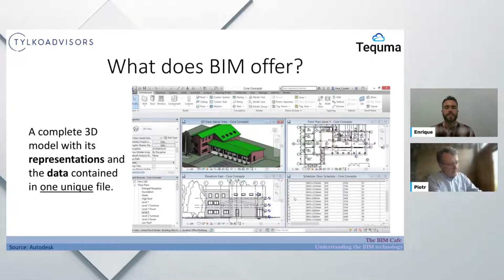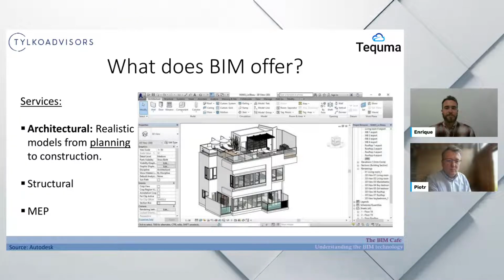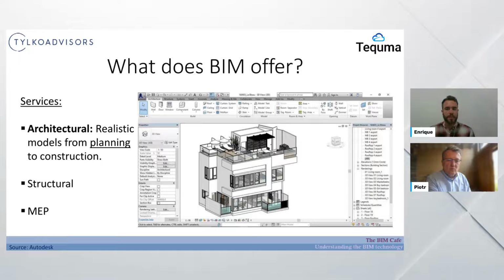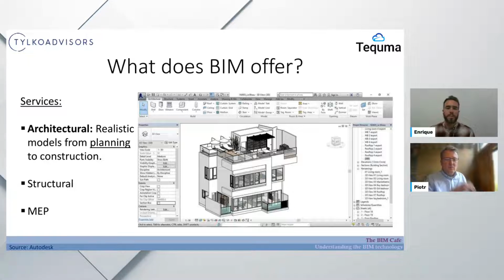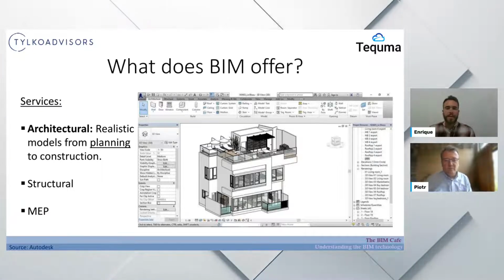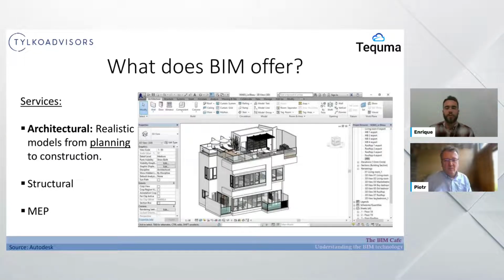Okay, very good. Now getting a bit deeper into this, I highlight the three main services that BIM can offer in terms of sectors. Of course, there's way more. We can get into details if anyone has more questions about a specific area. Highlighting these, for me the most important one, because the most typical BIM software is focused on the design phase, the most important one before coming to the construction.